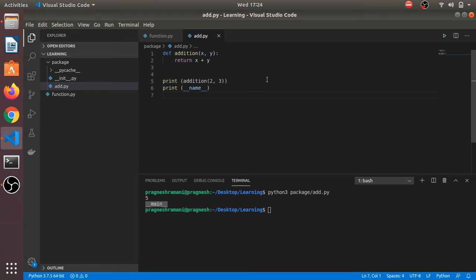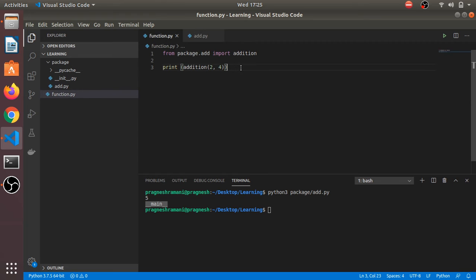Now, I have this addition function, and in your script it might be a function which is useful in another script also. If I want to use this addition function in another file, then I need to import that function from that file wherever I need to use it.